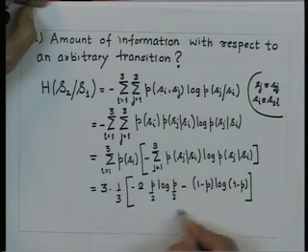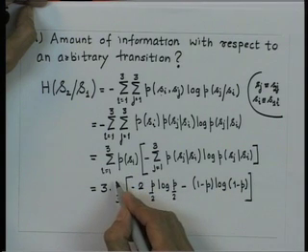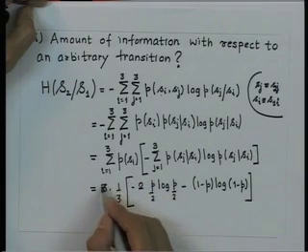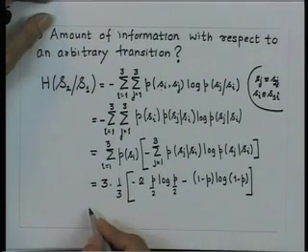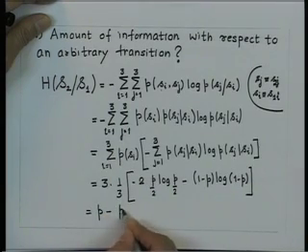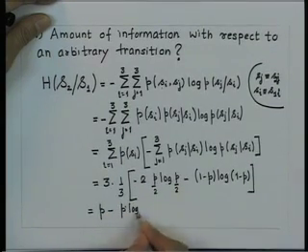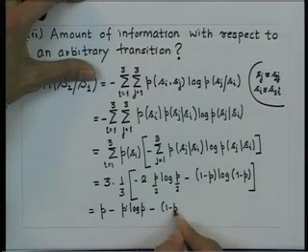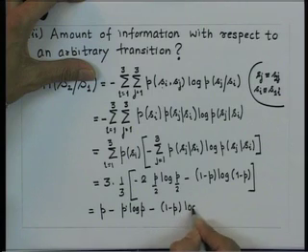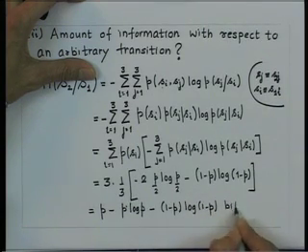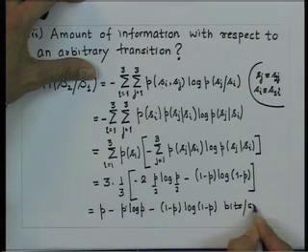This is the value which I will get when I am in a particular state, and since all the probabilities of the states are equiprobable, I have to just multiply it by 3, and if I simplify, this expression turns out to be p minus p log p minus 1 minus p log 1 minus p bits per